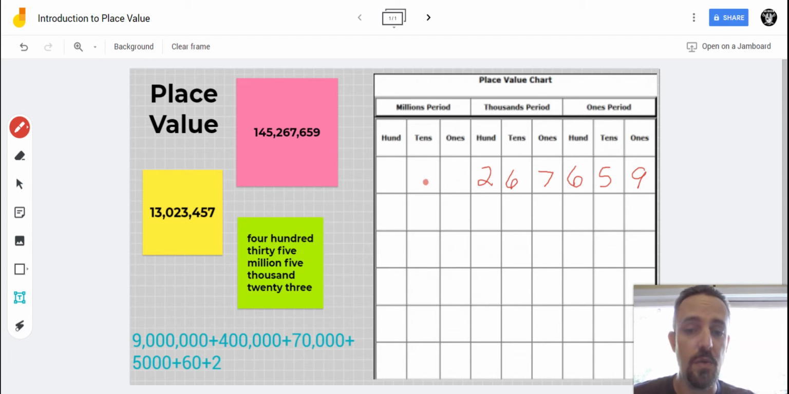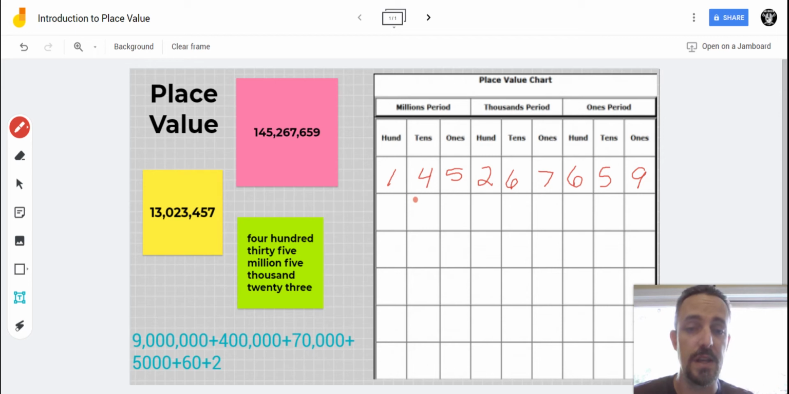And finally, 145 million. I'm going to put my 5 there, my 4 there, and my 1 right there. So that is 145 million. This 5 is worth 5 million, which you can see is very different than this 5 over here, which is only worth 50. This 4 is worth 40 million because it's 4 10 millions, and this 1 is worth